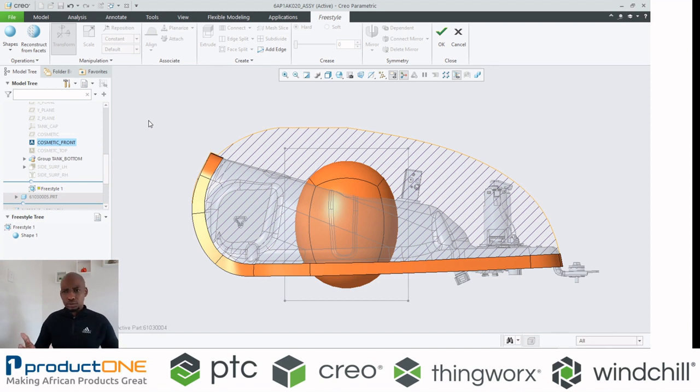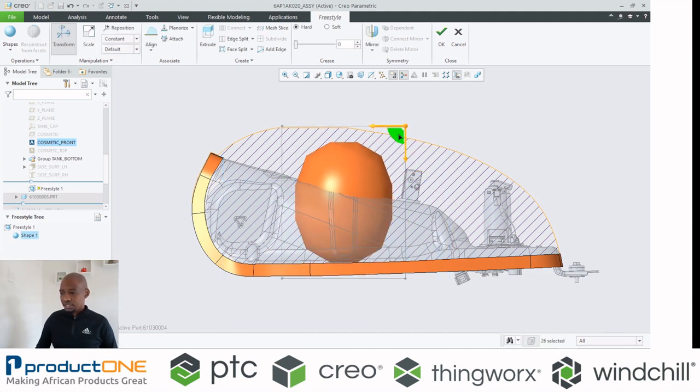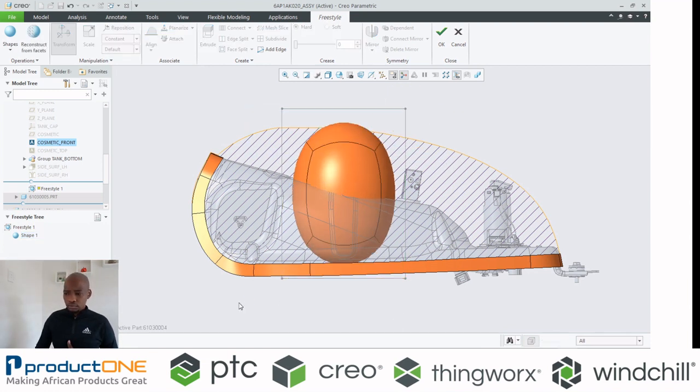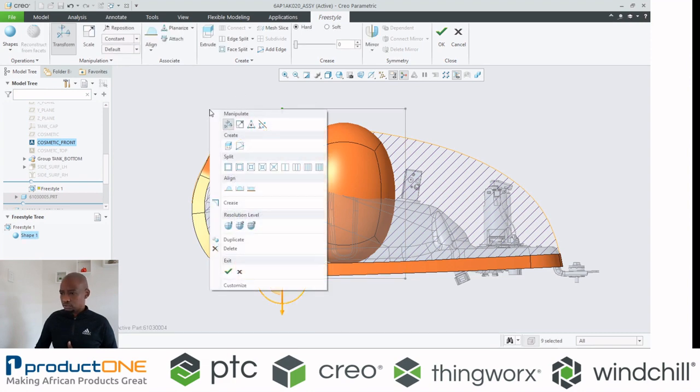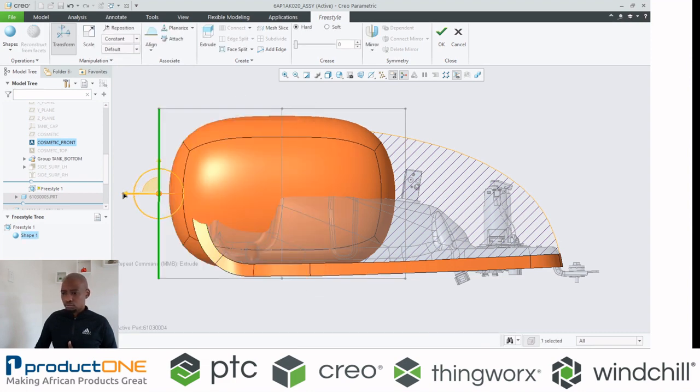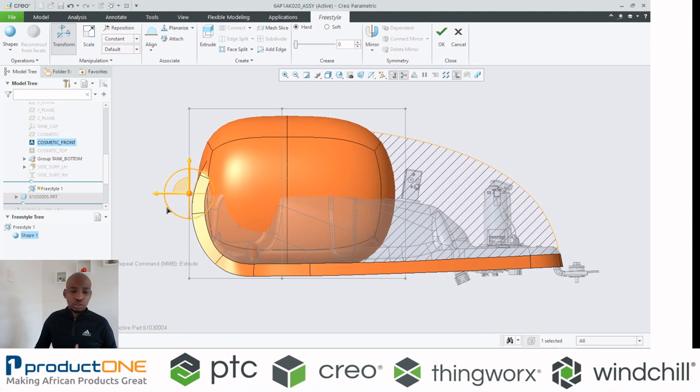You can also put technical curves or what you call sketches to use them as a guide, and you can even link to them if you want. But with this one, we'll just be simply dragging these faces and, of course, manipulating so that it looks like that cross section. So there's an array of things that you can actually do in this respect.